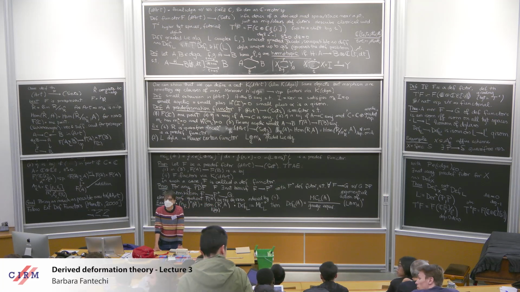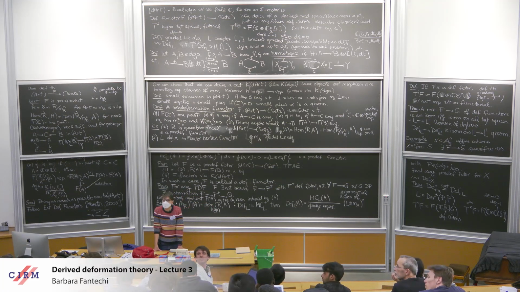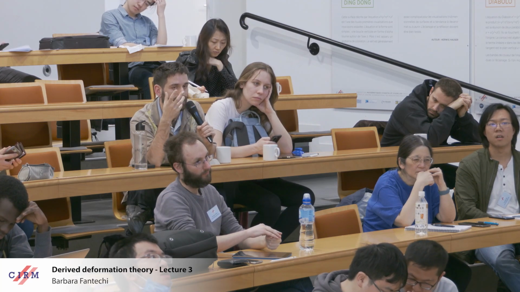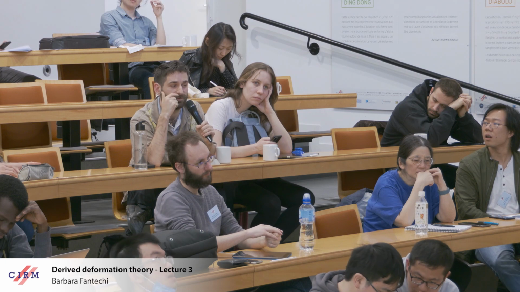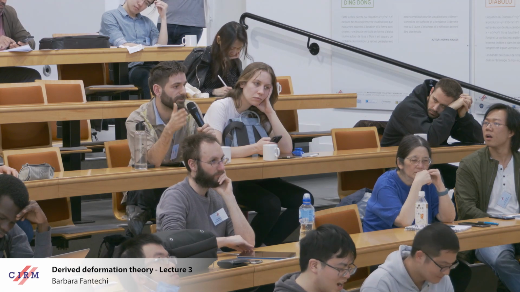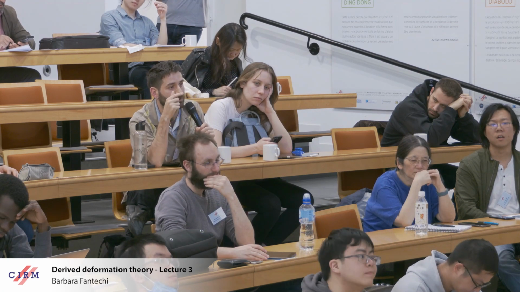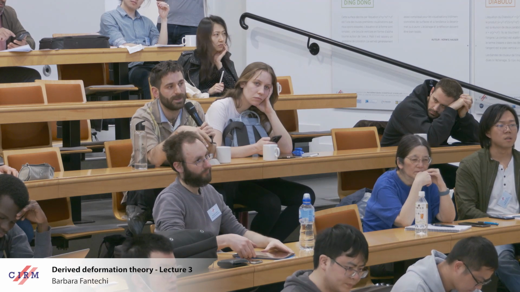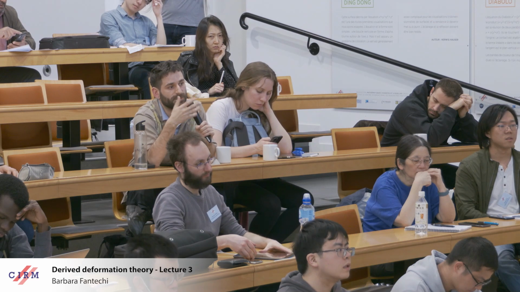Thanks a lot. Maybe I have a related question. When I'm thinking about these T_i, we have a nice interpretation as T1 being the tangent space and T2 the obstruction space. For example, if I think about deforming associative algebras, and you have the Hochschild complex, then we know that these obstructions to lifting to formal deformations live in T2. Does this give us, to some extent, an interpretation of what the higher Hochschild cohomology groups do?